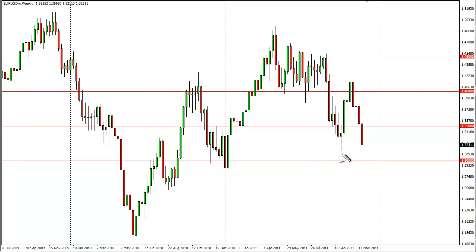The candle that I believe signals the greatest importance to me right now is the one that sits just above here in what we will call, for lack of a better term, 131. And this hammer for me is very supportive. But having said all of this, we can look at the pair